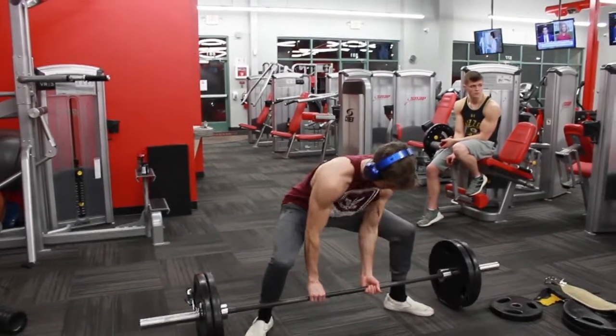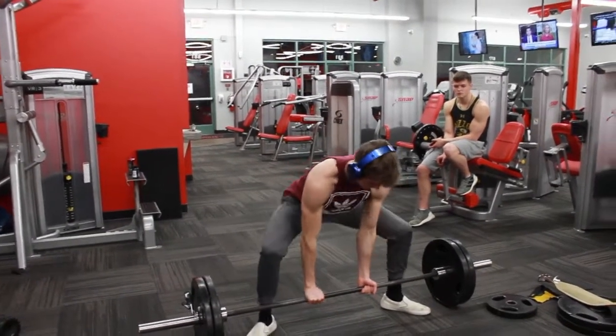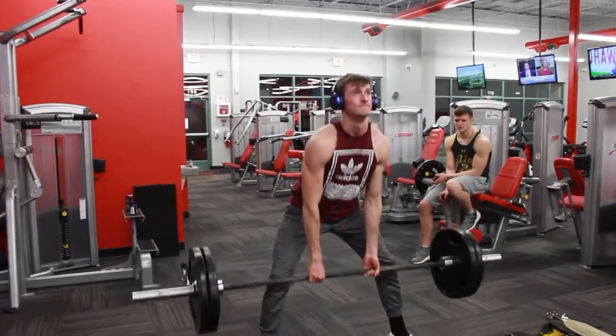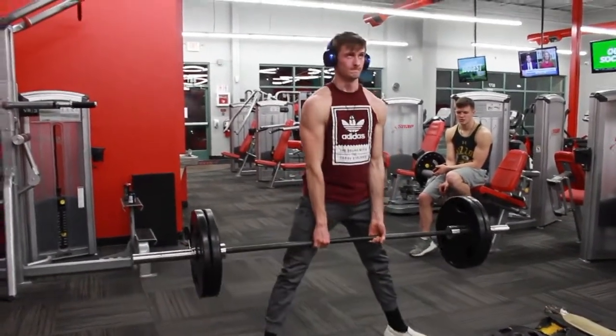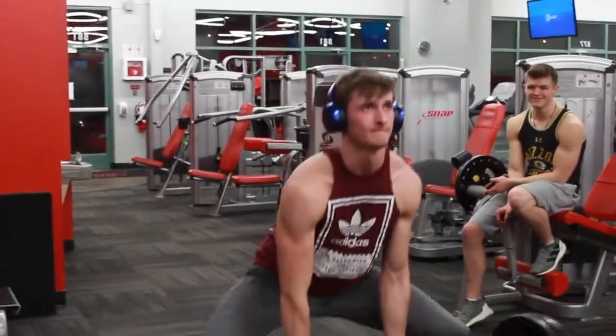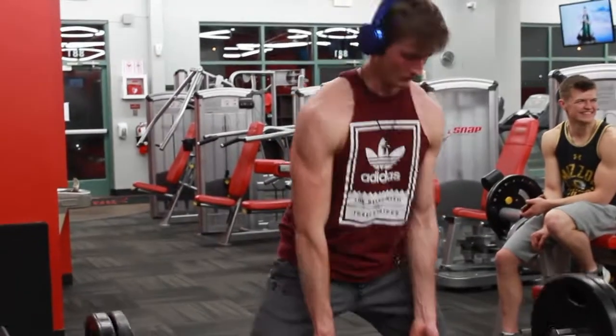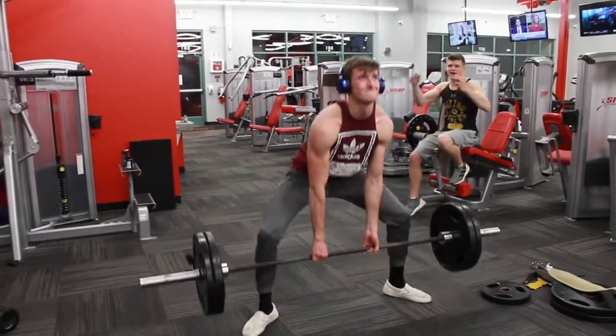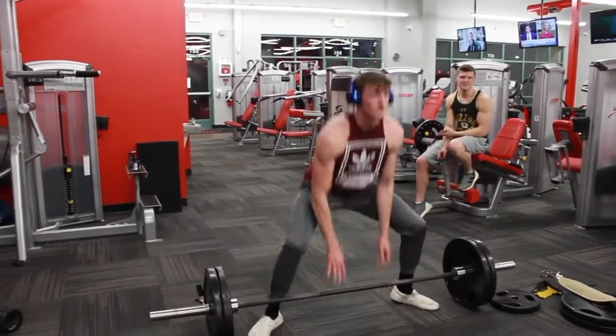And I've sumoed a few times before, but I never really stuck with it or did it for actual sets. I just did it to kind of try it out. And my legs are so long, so it's hard for me to really get in that optimal sumo form. This is one of my 5x5s on sumo. I think I might hit 6. I hit 6 on one of them, but as you can see there, me hopping up at the end,